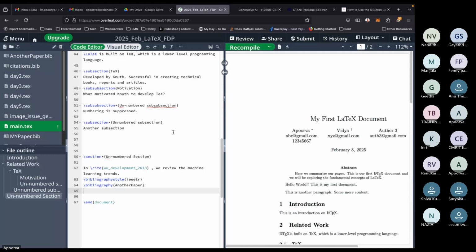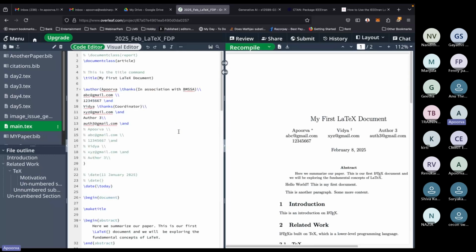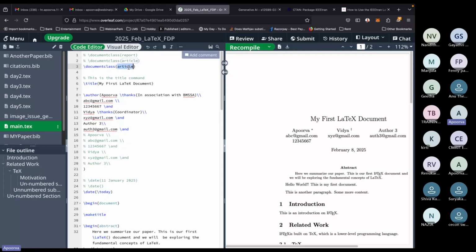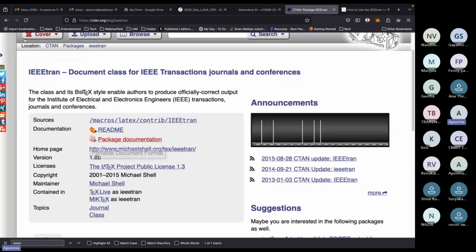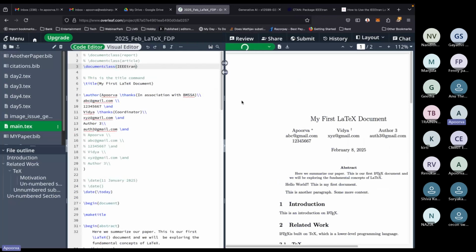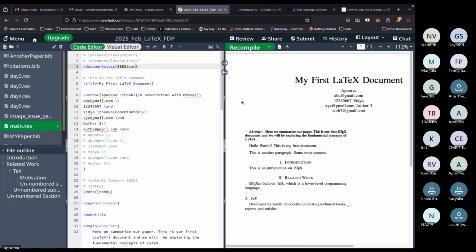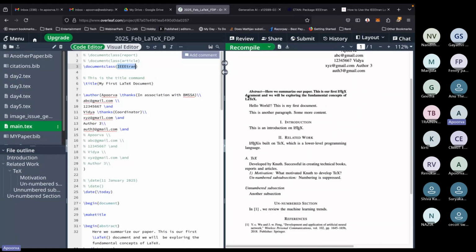Now, let me change this from article to document class IEEE tran, right? That was the document class name. As soon as you change the document class to the one given by IEEE transactions, you can see so many